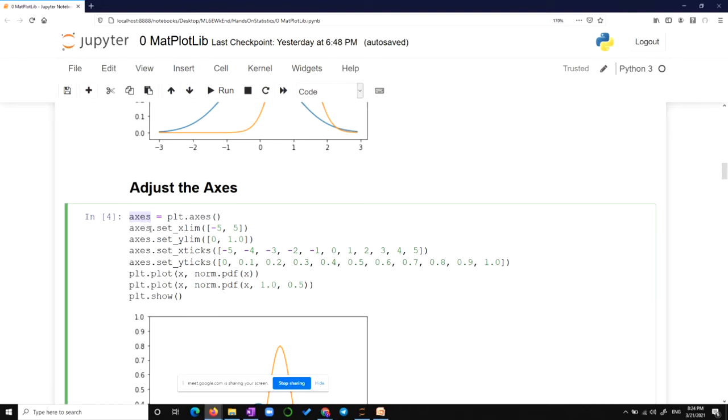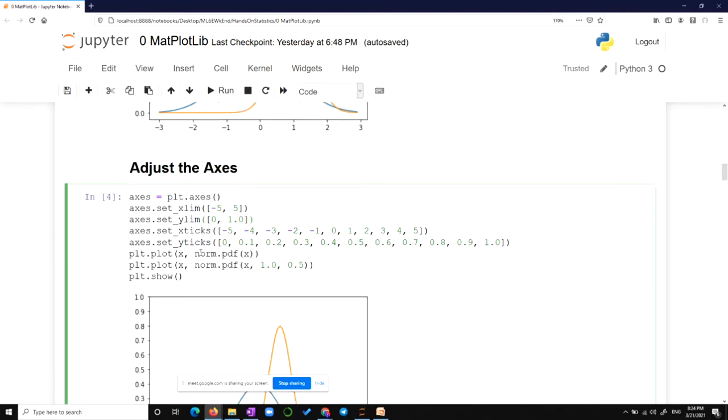No problem. Once axis is equal to plt.axis is set, we write axis dot set underscore x limit. This whole statement is also given by those who wrote this function. Axis dot set underscore x limit is not something I have defined. It comes with the documentation. So we set it to -5 and 5, put it as a list. A new range has been set for the x-axis. A new range can be set for the y-axis in the same way.